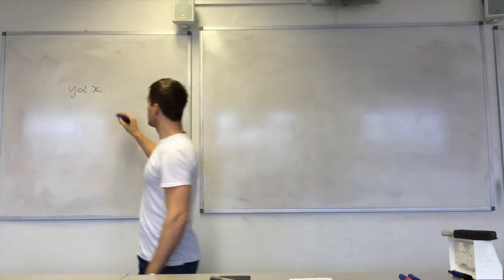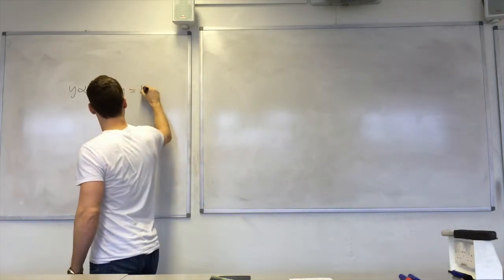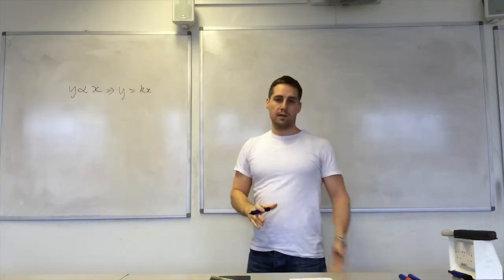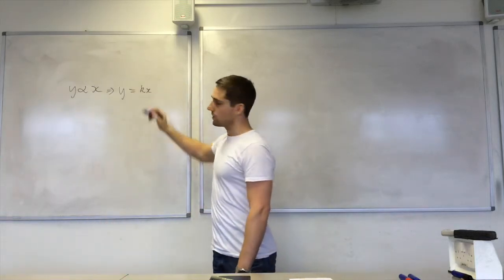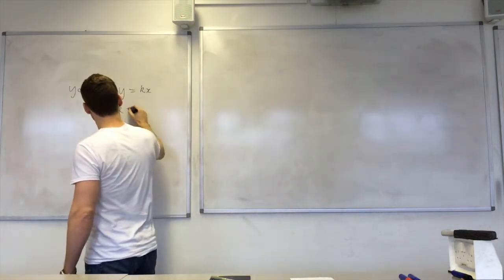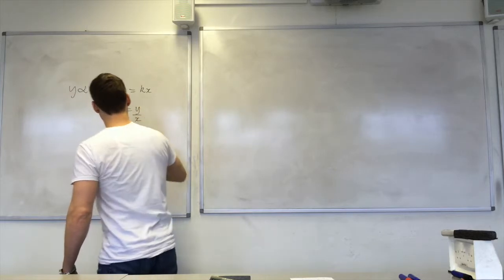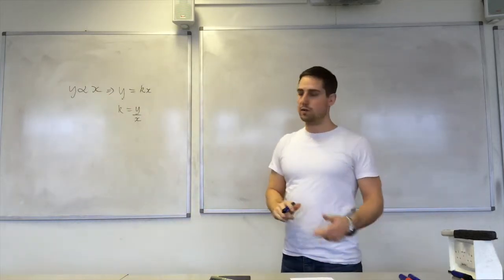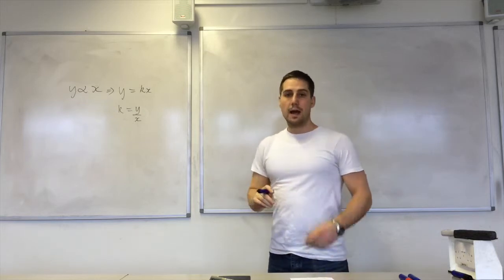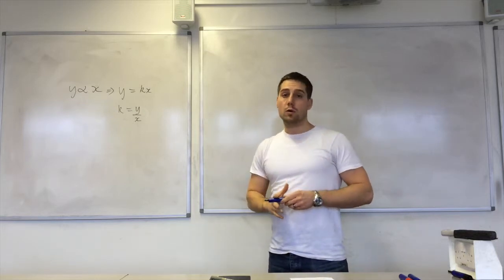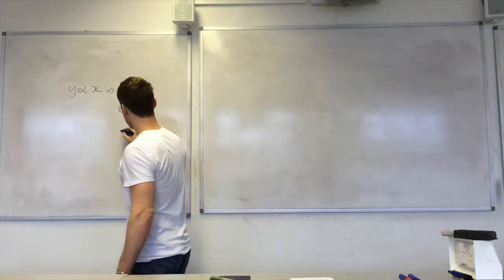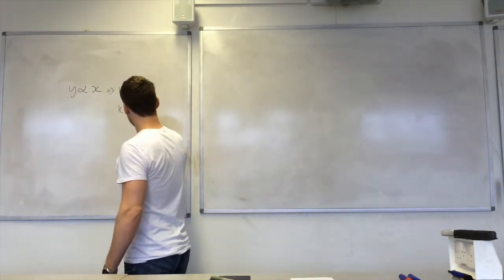In that case, that means that y is equal to some constant k times by x. And also, we can calculate that constant k is equal to y divided by x. And that constant value will hold for whatever our values of y and x are. So that means that it will equal